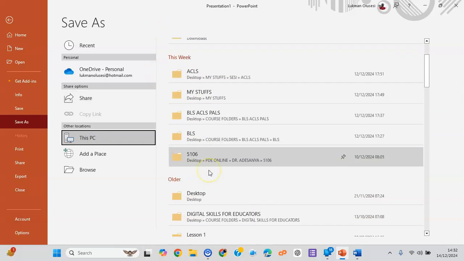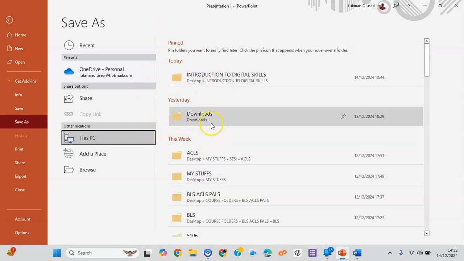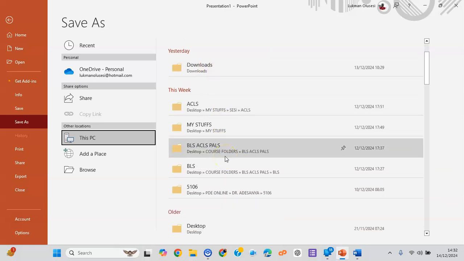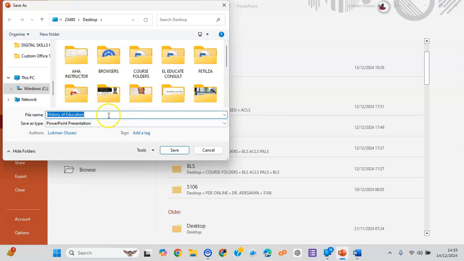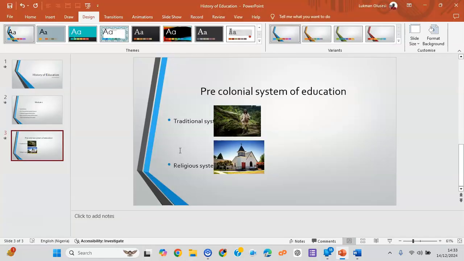and then decide on where you want to save it. Do you want to save it in Downloads or on the Desktop? Let us pick Desktop for this, and then you choose a name for your file. Microsoft will automatically pick the first line of your presentation as the file name. So if you are okay with it, History of Education, I think I'm okay with that, and then I want it saved on Desktop, confirmed, and then I click Save. It will save it and go back to the editing mode. So if you need to continue to work, your work is already partly saved